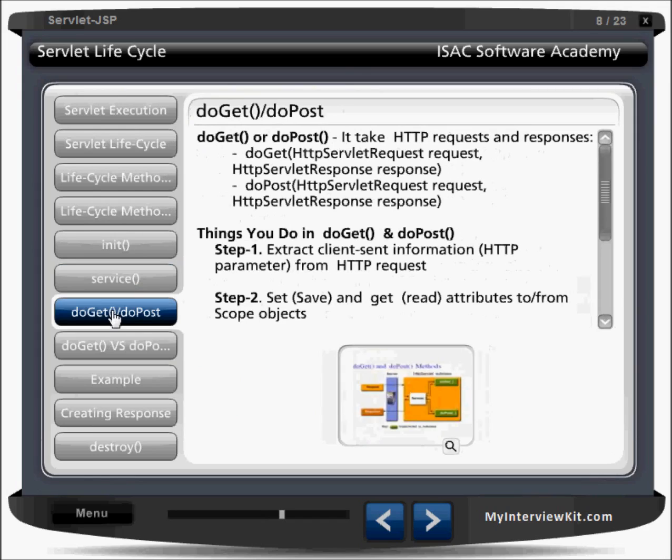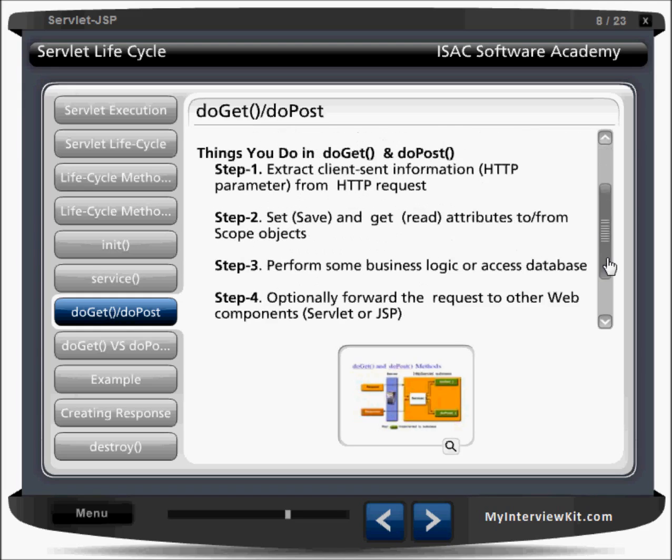Now doGet or doPost, it takes an HTTP request and response, right? So these two arguments it takes. Step 1, extract client-sent information. Step 2, set and get attributes to and from scope objects, right? So in doGet and doPost, what you can do first, you can retrieve some data from the